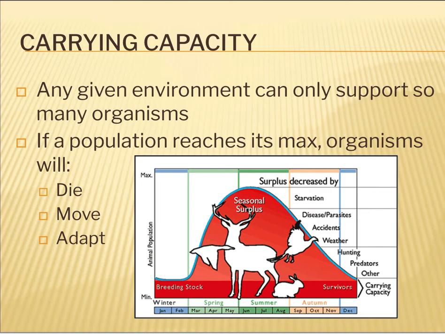It seems harsh, but that's the way nature works. Unfortunately, it's very hard for animals to adapt. You can't just tell a deer to start eating something entirely different or tell a plant not to need the sunshine. If possible, animals will sometimes move to a new area to find their food choice. If they can't, they'll die. This is the most common result of a population exceeding its carrying capacity.